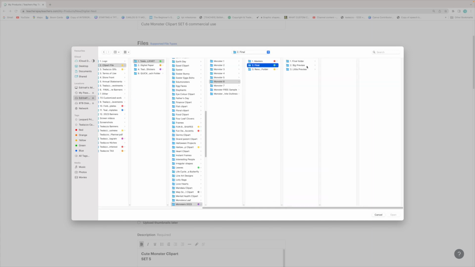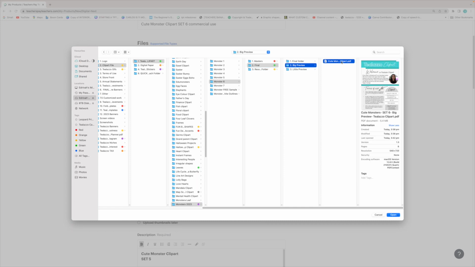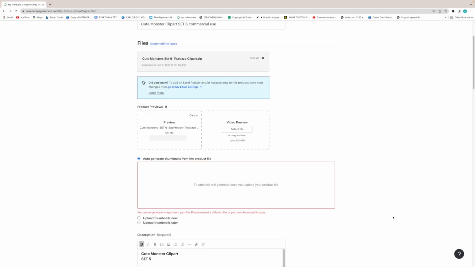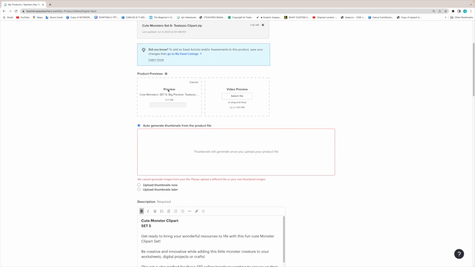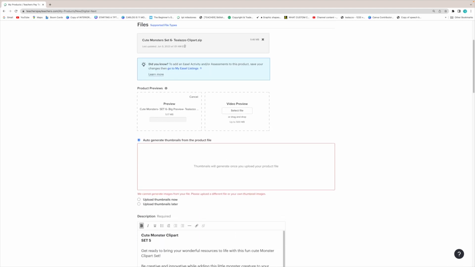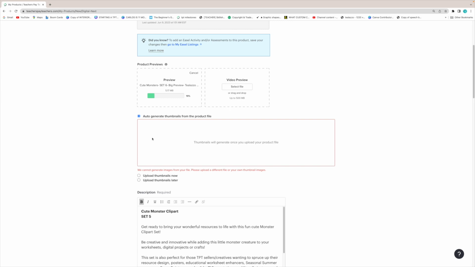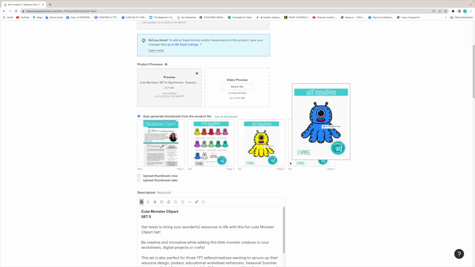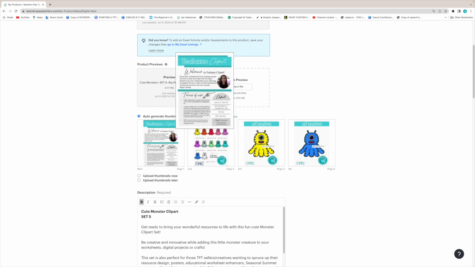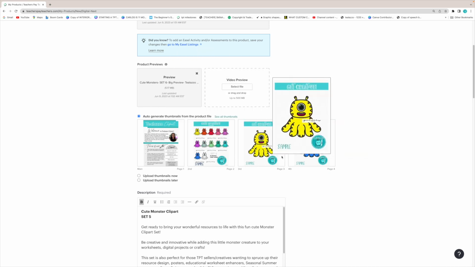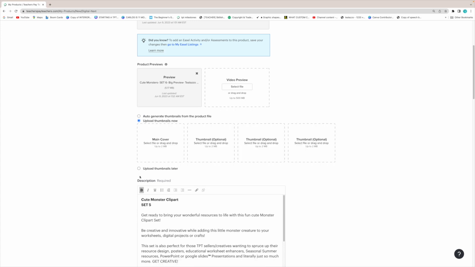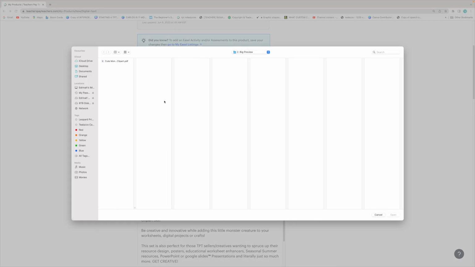So let's go back to that. In Monster 6 final, we're going to go into big preview. This is the flattened version, and we're going to open that. That should load here, and we'll just wait for that to load. You can see here that the zip file has .zip at the end, so you know that's a zip file added there, but that will just continue to load. Then you can see it's tried to auto generate thumbnails from the product file, but we're not going to do that, and it says they can't generate images anyway. Because I've added that product preview, they've tried to generate thumbnails, but we don't want that. So we're going to click on upload thumbnails now,